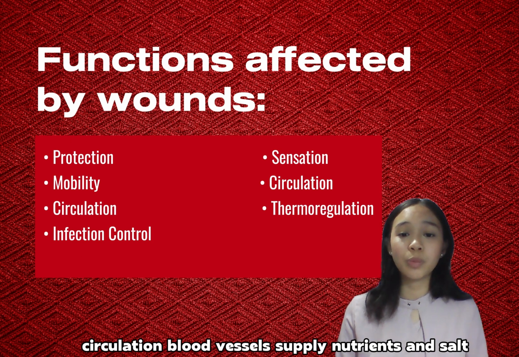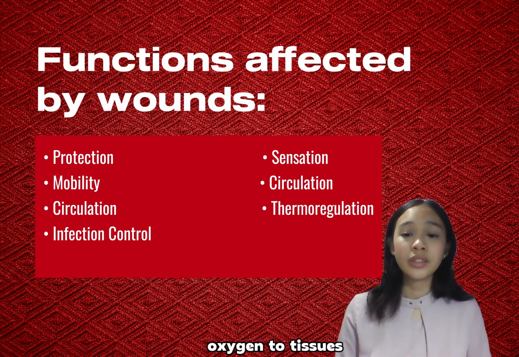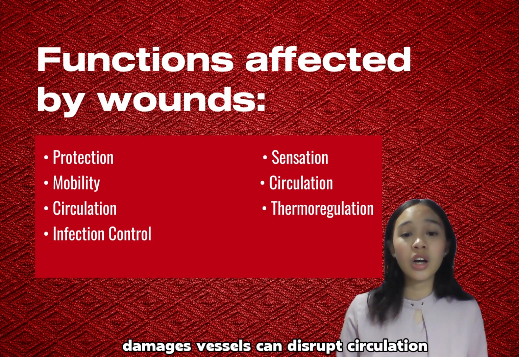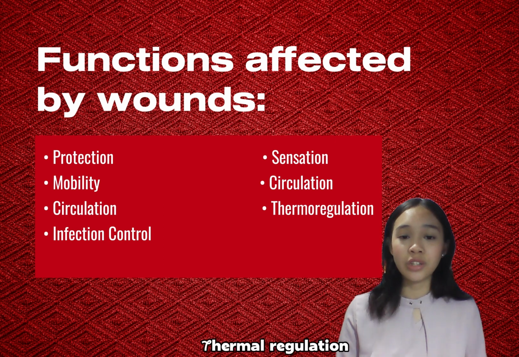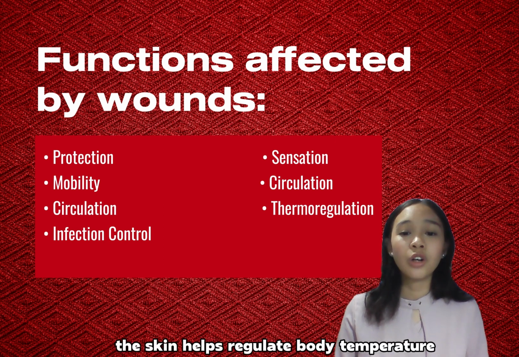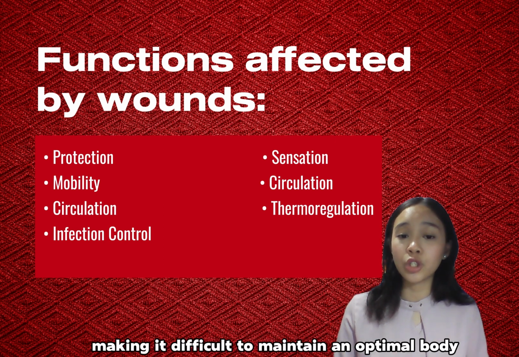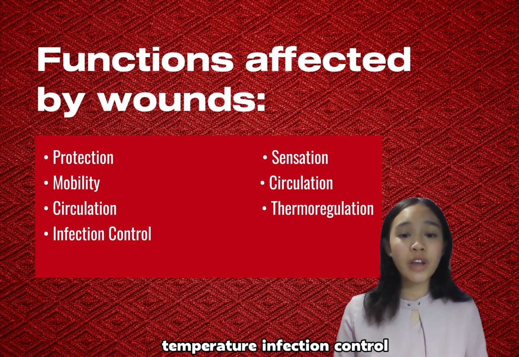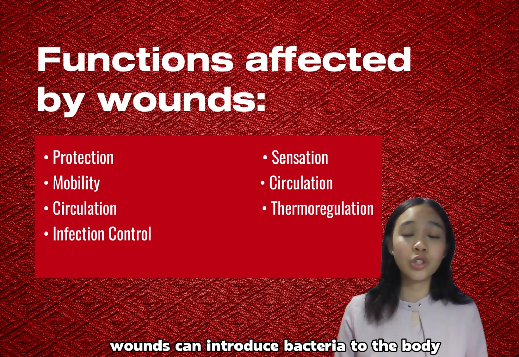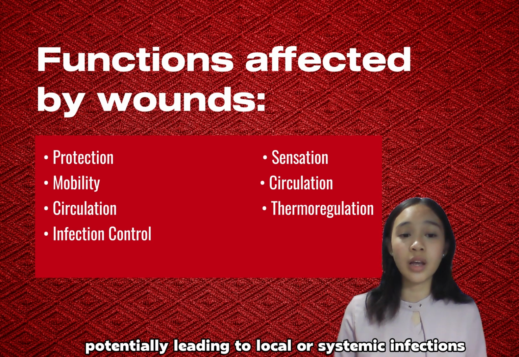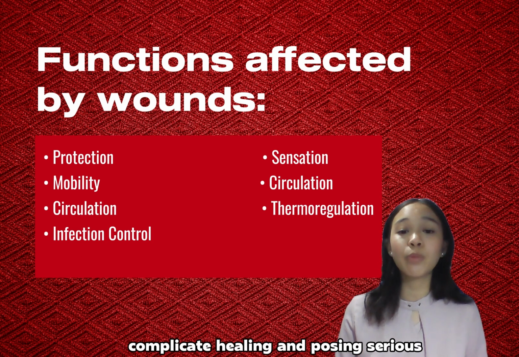Circulation. Blood vessels supply nutrients and oxygen to tissues. Damage to these vessels can disrupt circulation, causing ischemia and delayed healing. Thermoregulation. The skin helps regulate body temperature. Large wounds can impair this function, making it difficult to maintain an optimal body temperature. Infection control. Wounds can introduce bacteria into the body, potentially leading to local or systemic infections, complicating healing, and posing